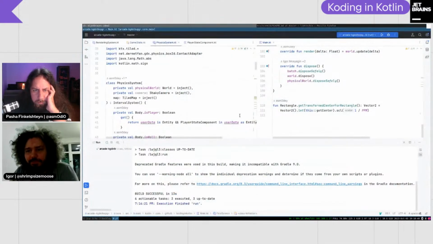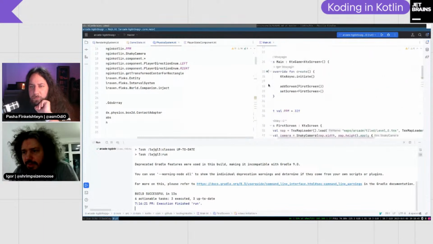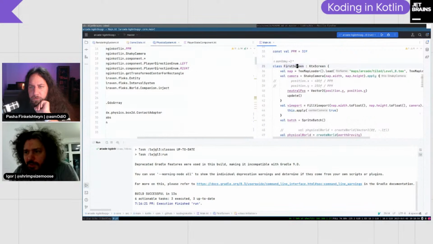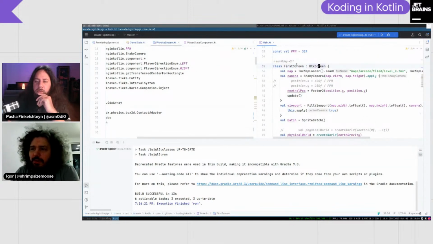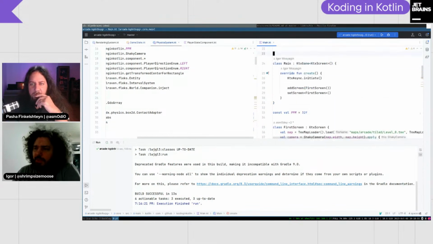I don't know. Let's open main, because if it's somewhere, it's in main. We start with, this is the first screen, which is a KTX screen. And where do we use that? We add screen and then we set screen.